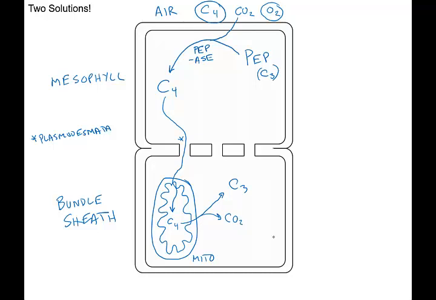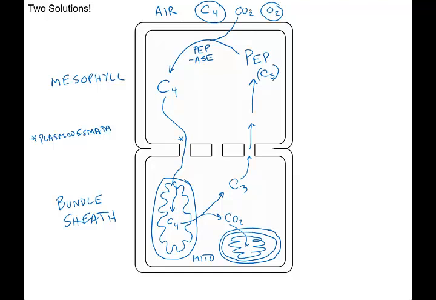And that CO2 then goes into the chloroplast, which we can draw down here. And this is where the Calvin cycle is taking place and where photosynthesis is taking place. Now, through a series of steps, this C3 molecule here that's made is going to be converted back into the starting molecule, the PEP carboxylase. So what we have going on here is this way of selectively pulling in CO2 into the cell through this first enzymatic reaction,